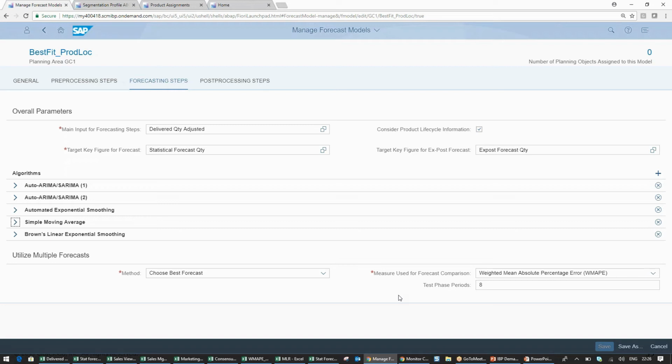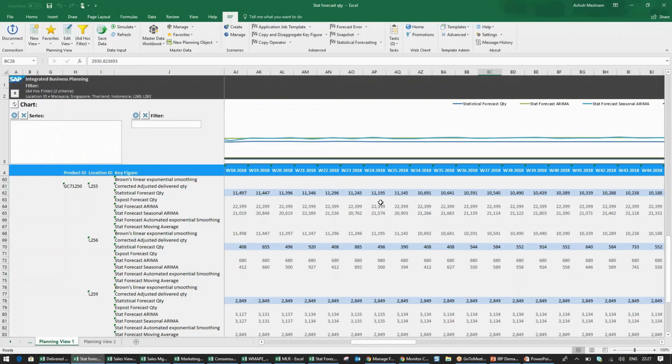The training phase will be used by the system to train the various algorithms that you have maintained in your model on the past forecast, while the test phase is reserved to assess the prediction accuracy of each algorithm, that is the forecast accuracy in the historical horizon. So basically when you separate your horizon, your real prediction, the forecast, is compared with the historical sales data. Therefore the system can more reliably choose the algorithm that calculates the best forecast. Now let's look into the Excel view by running a stat forecast algorithm.